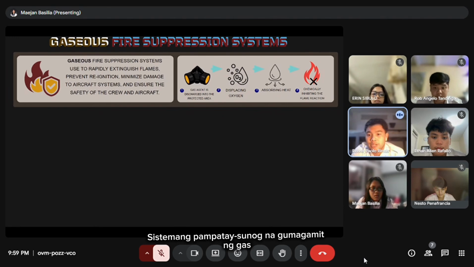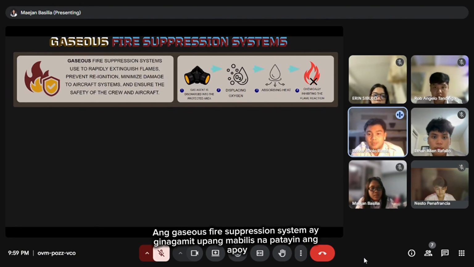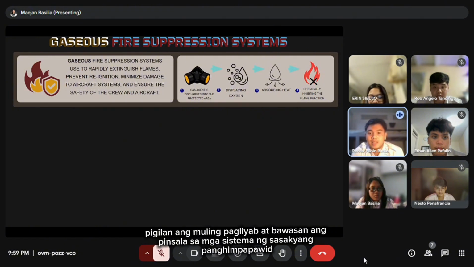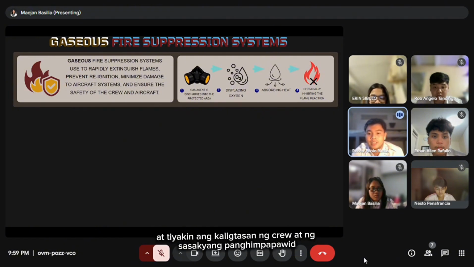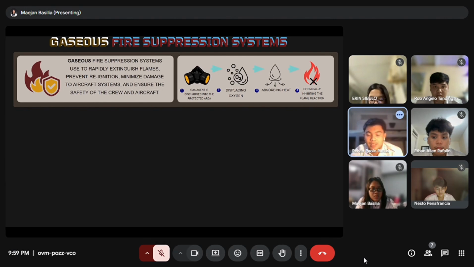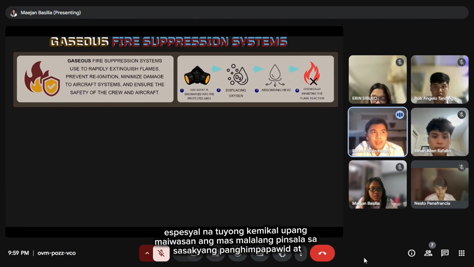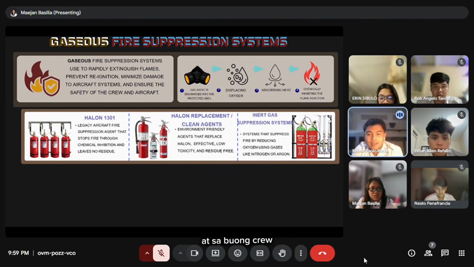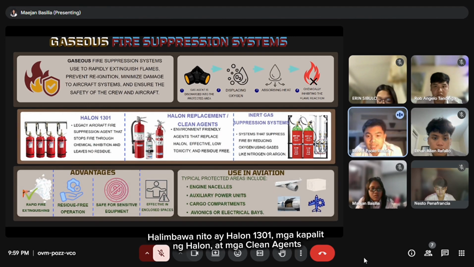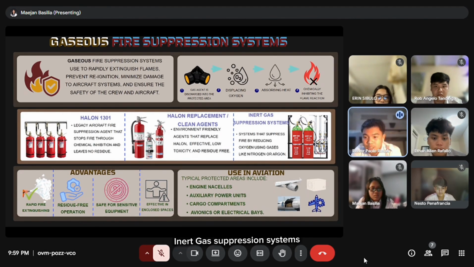Gaseous fire suppression system. A gaseous fire suppression system is used to rapidly extinguish flames, prevent reignition, minimize damage to aircraft systems, and ensure the safety of the crew and aircraft. A gaseous fire protection system uses special dry chemical to prevent more damage to the aircraft and the entire crew. Examples are Halon 1301, Halon replacement clean agents, inert gas suppression systems,